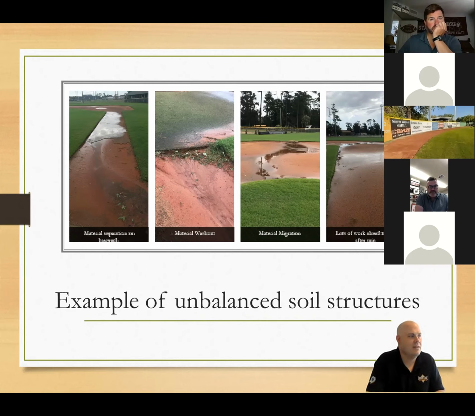The first picture outlines two materials that were not blended together very well, and you can see some separation. That's what happens when new material is added and it's not tilled or scarified together. You'll get this separation of materials. In the second picture, I think pictures 1 and 2, or 2 and 3, show where it's probably greater than 1% surface fall,